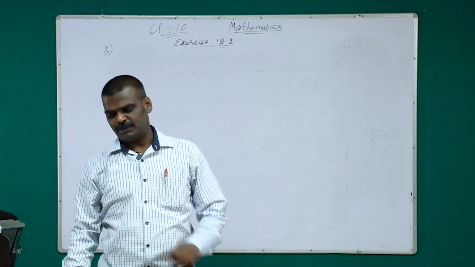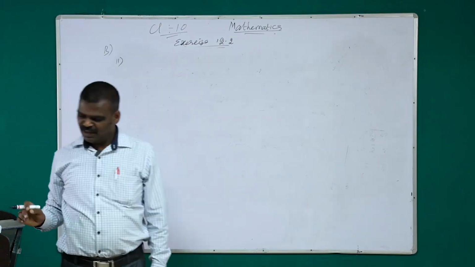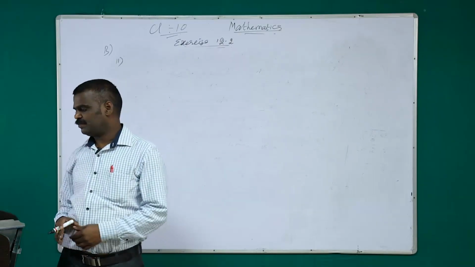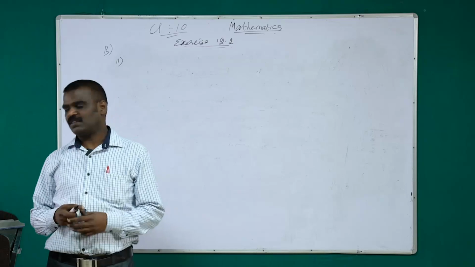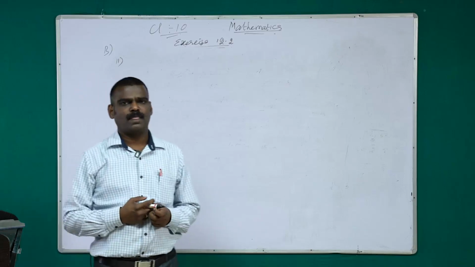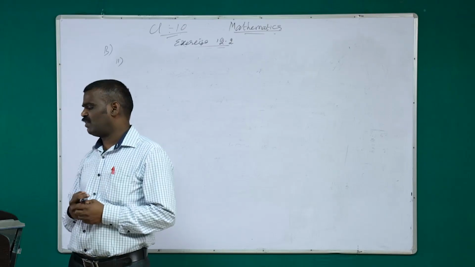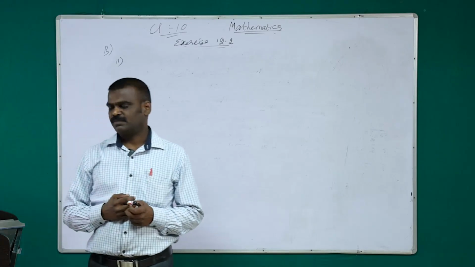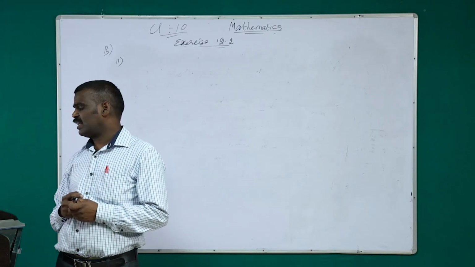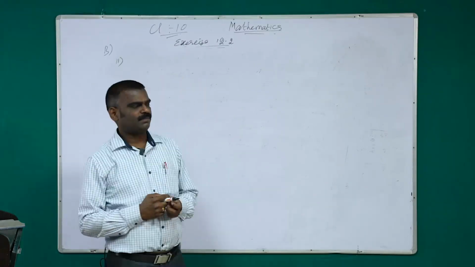Now go to question number 11. Again interesting questions we have seen in our day-to-day life. Question number 11 tells, a car has two wipers which do not overlap. Each wiper has a blade of length 25 centimeter, sweeping through an angle of 115 degree. Find the total area cleaned at each sweep by the wipers.